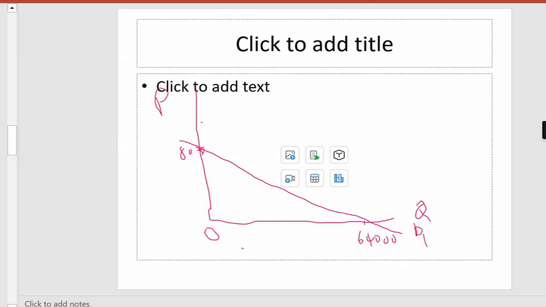Na ile D2 tuliona if Q is 0, P inakuwa ngapi? 82. Yeah, and if P is 0 inakuwa ngapi? 66,000. Kwa hiyo maana yake itakuwa hivi, sawa? Kwa maana yake price effect yake itaonekana kwenye price, itaongezeka kwa 2 plus